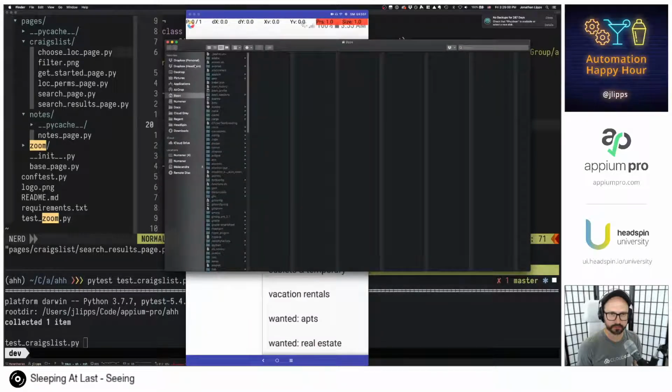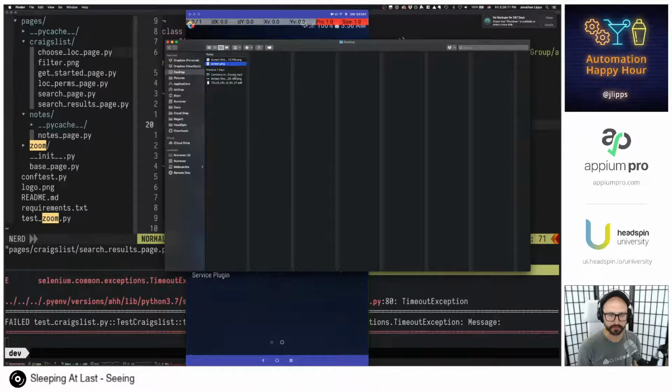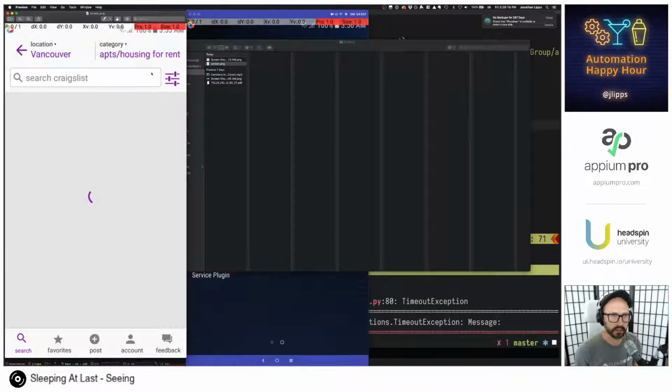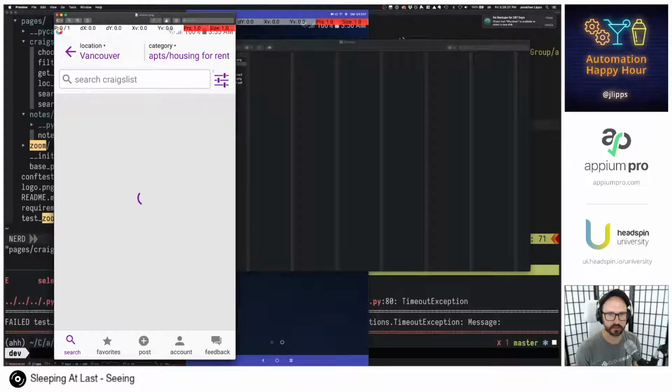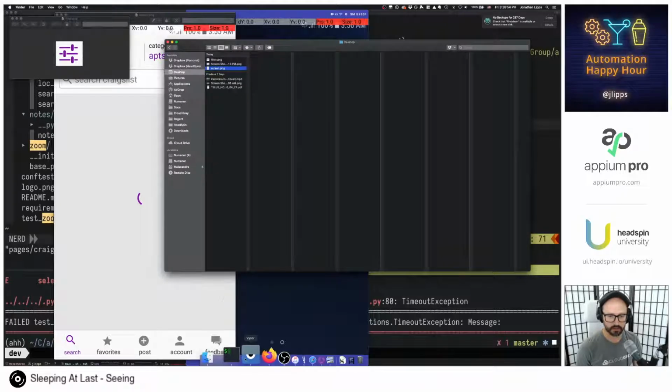And I'm going to open this up with, you might be able to just do this in Preview. And now if I just go to tools, can I crop this? I thought there was a way to crop it. There we go. So let's save this as filter.png. Don't want any alpha channels, don't think. So now I can copy that